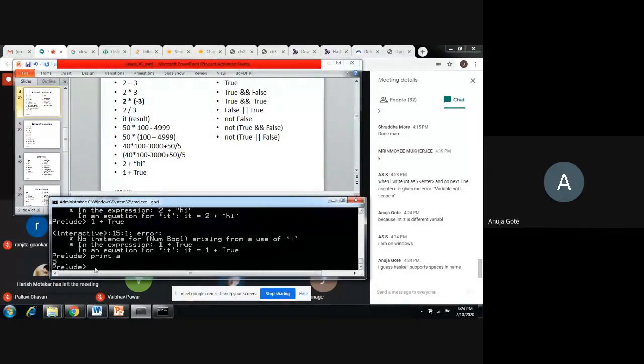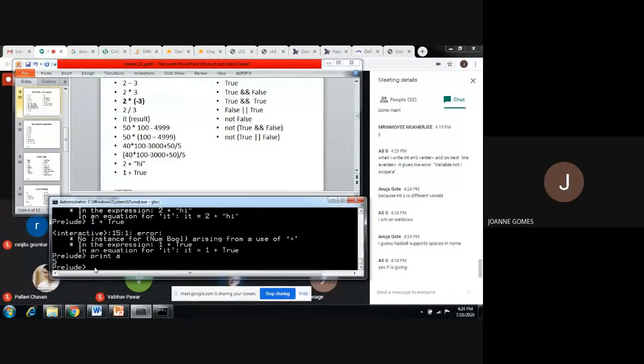Sorry to interrupt here, ma'am. Does Haskell support spaces in the names? No, I don't think so, but we can try it here. I tried that, and I guess because A and int A are considered as two different variables.